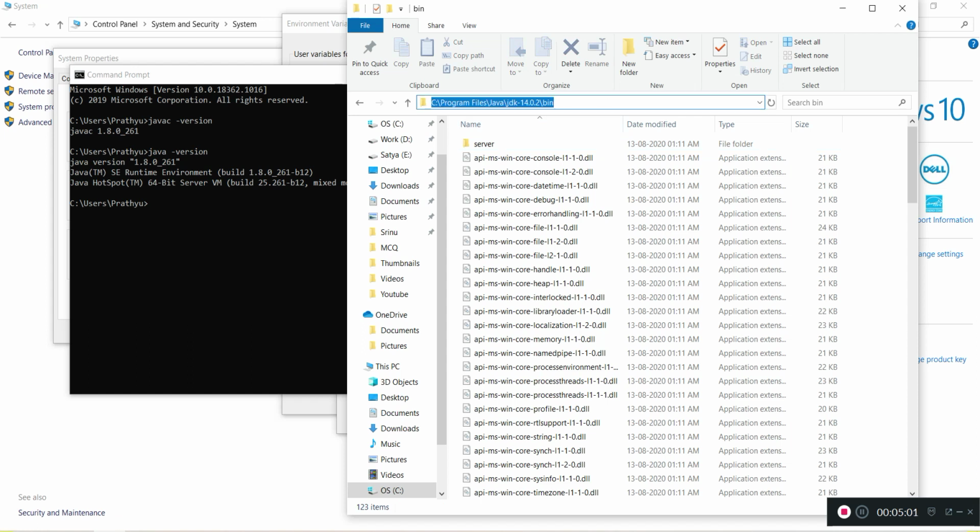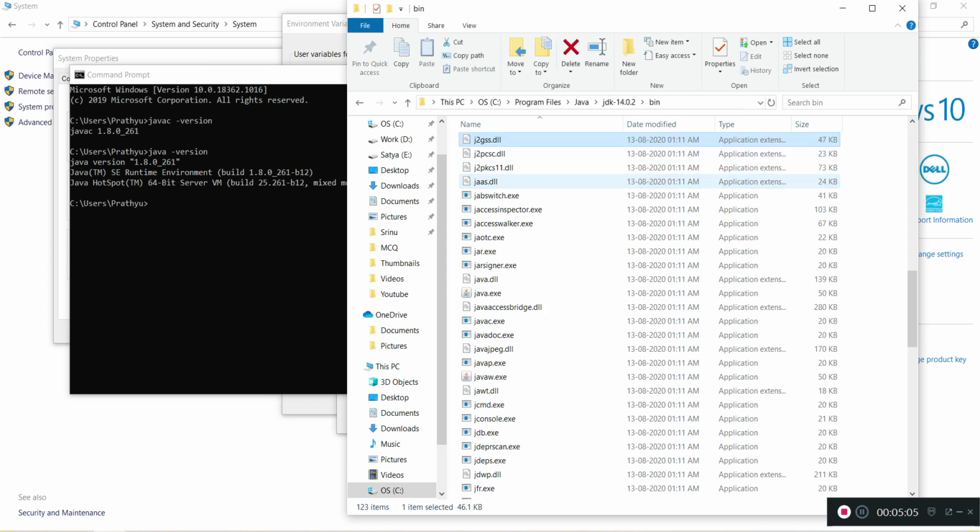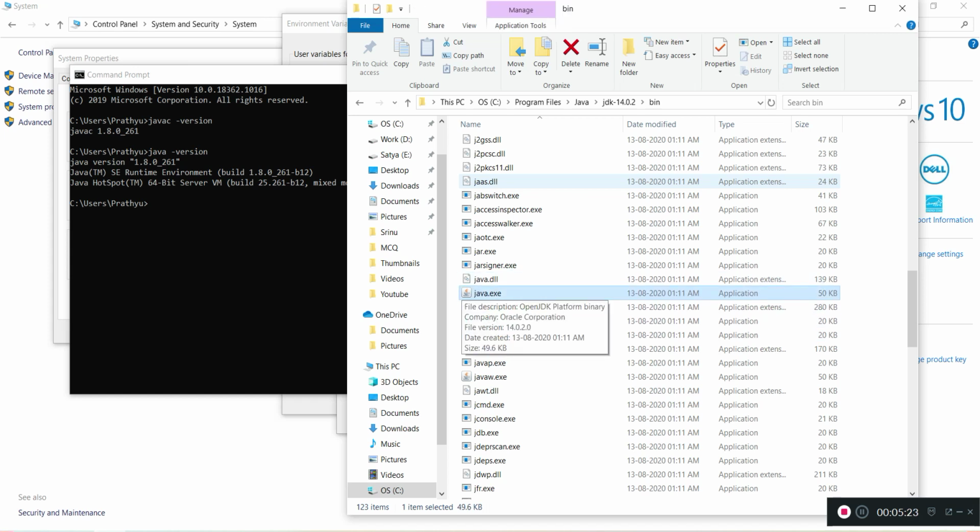We'll just go through here and we'll see there are executable files, exe files like jar, java and javac. Javac is nothing but the Java compiler tool, and java.exe is nothing but the Java runtime environment or JVM. And jar, let's say you want to create a jar file, you can use this command, and to compile we will use javac.